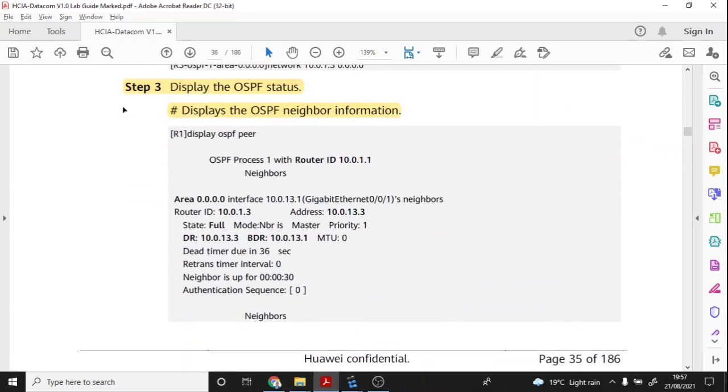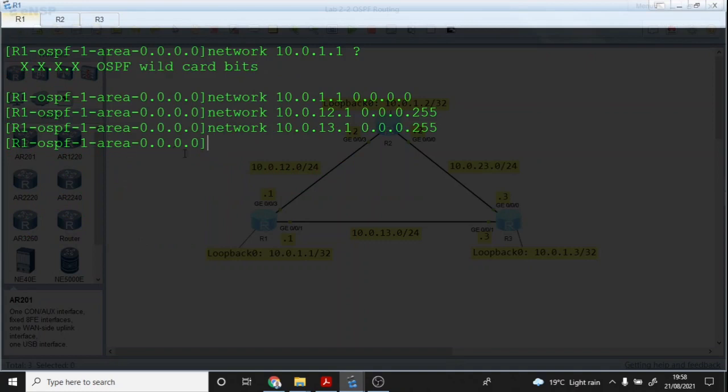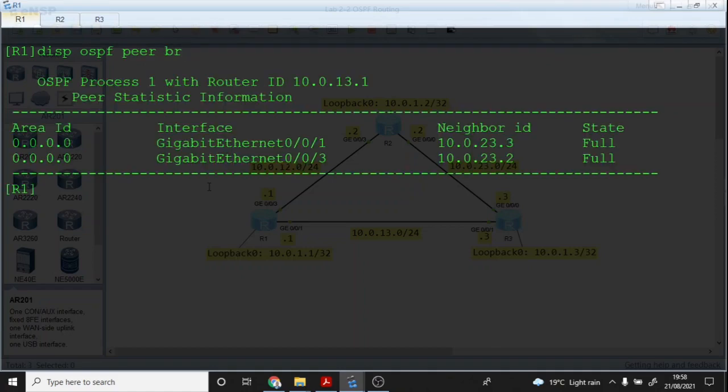So how to confirm on step 3 here, how to confirm that OSPF is running? We can use the command display OSPF peer, which is used to display the neighbors that that particular router has formed. So for example, we can go back to R1. I can quit, I can clear this, then I can do display OSPF peer. Let me use brief for now, BR for brief. So we can see that on area 0, we've been able to